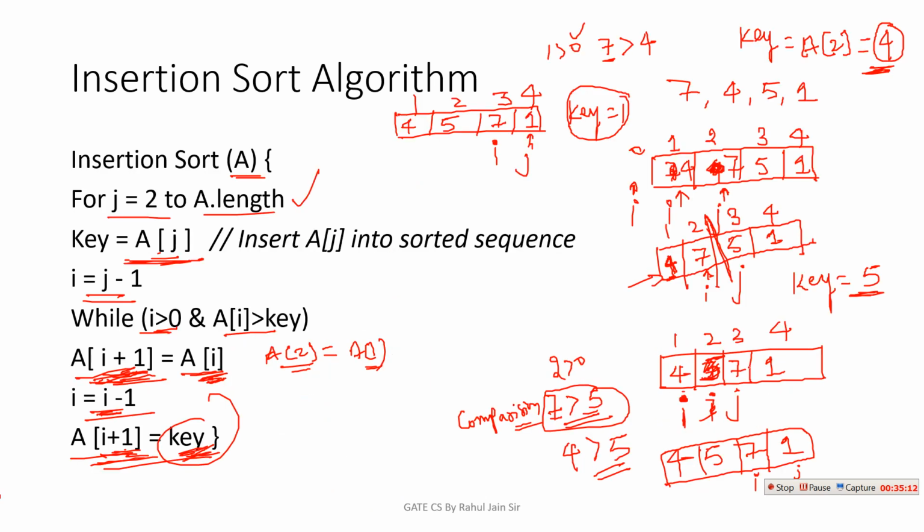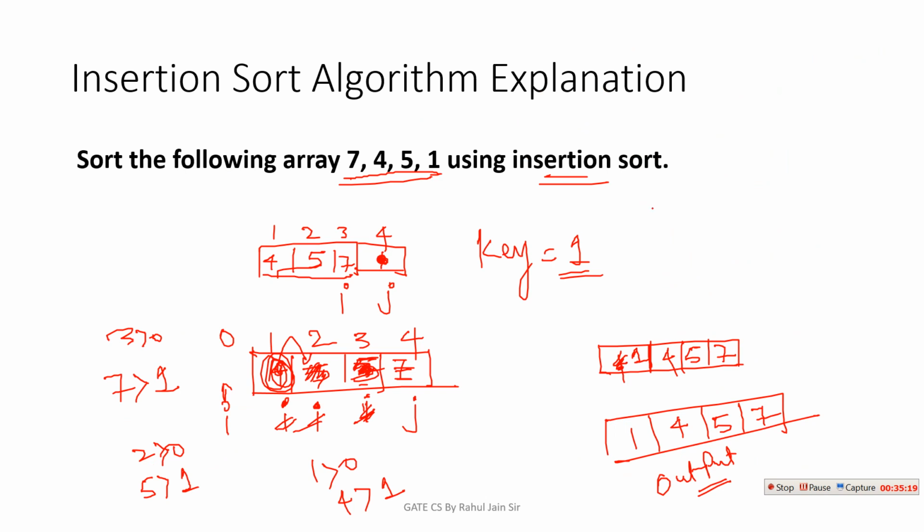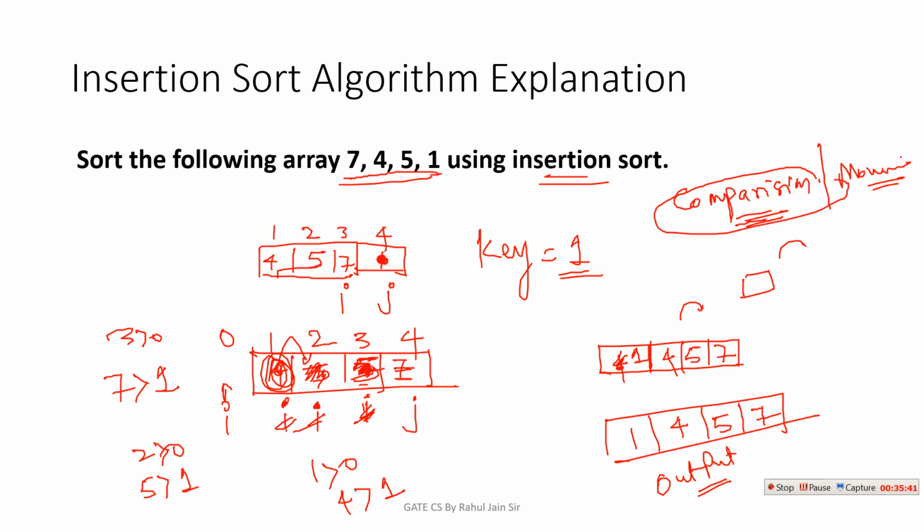So what approach am I using now? I am comparing. There is a comparison. There are two factors: one is comparison and one is movement. So if the comparison is greater, I will move the left element to the right, but if the comparison fails, meaning it is not greater, then I will keep that element there, right? So there are two factors that the algorithm depends on: comparisons and movement.